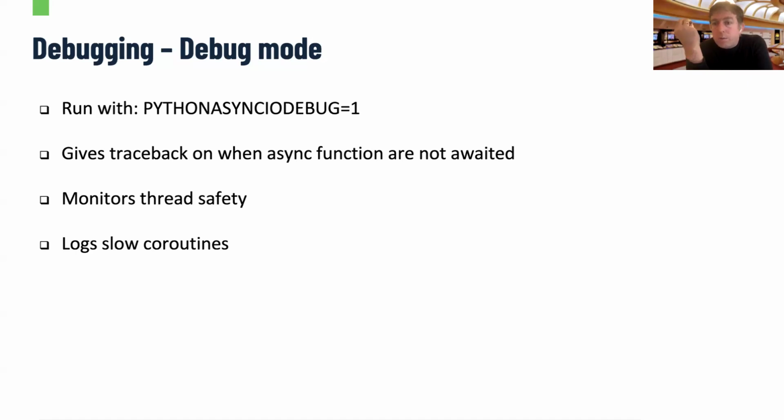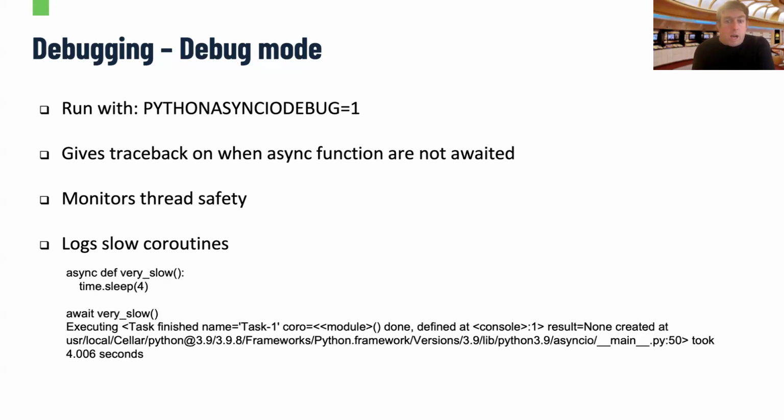And also this helps debug slow coroutines, because asyncio is very sensitive to long coroutines blocking short coroutines. So this actually helps you understand better the flow of your code once you use asyncio. This is how a slow log looks like. If I do something very slow, you'd get a log saying this has taken too long. Okay, so you would know that you want to look at this function.